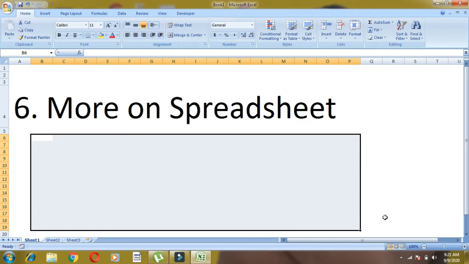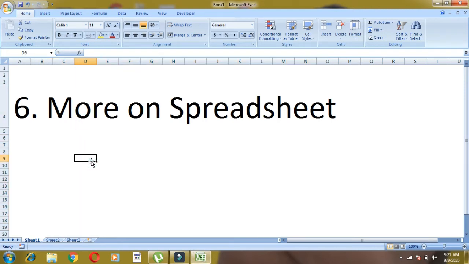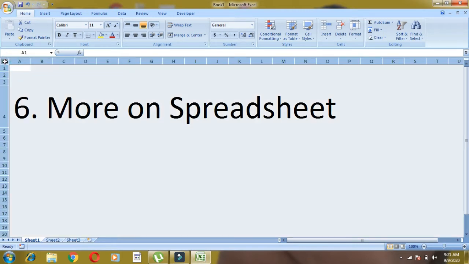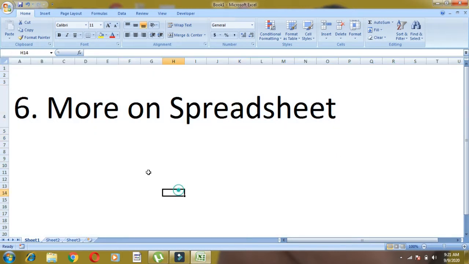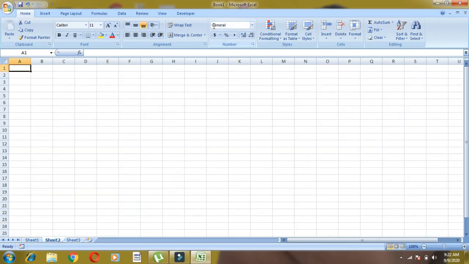Selecting and deselecting cells. Most tasks in Excel are performed within a cell, so you must select or deselect the cell. How do we do that? Right now I have selected a cell. If you want to deselect it, click again. Selected, click, deselected. So selection and deselection is very simple. If you want to select the entire worksheet, you click here and the entire worksheet is selected. If you click on any cell of the worksheet, deselection occurs automatically. So children, this was about selecting and deselecting cells.